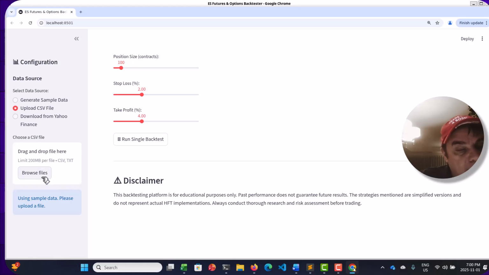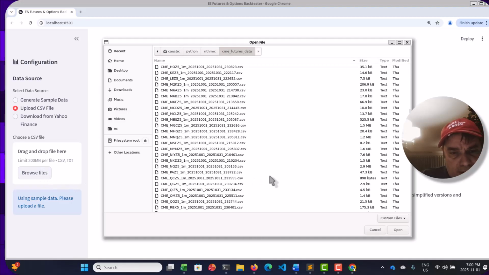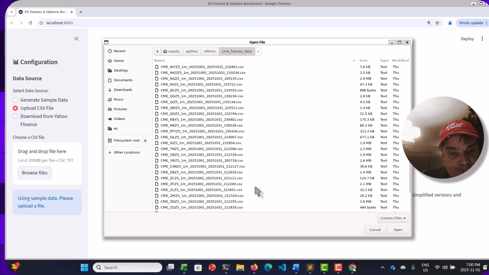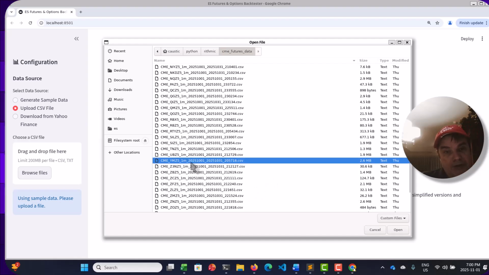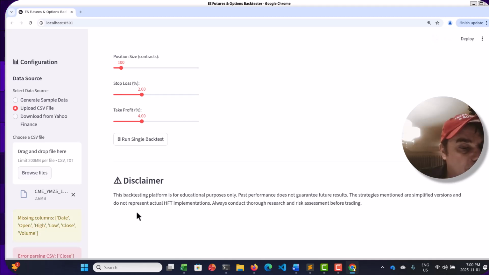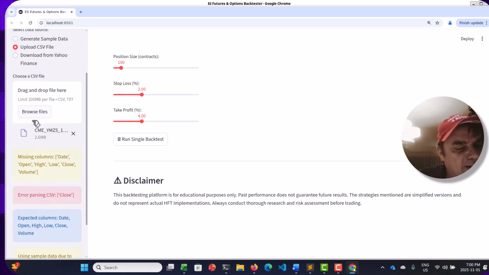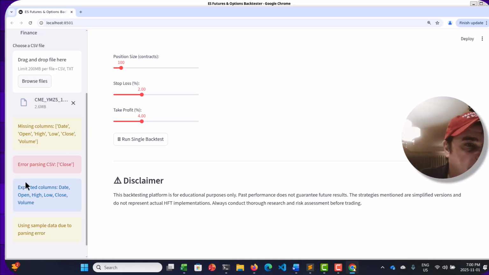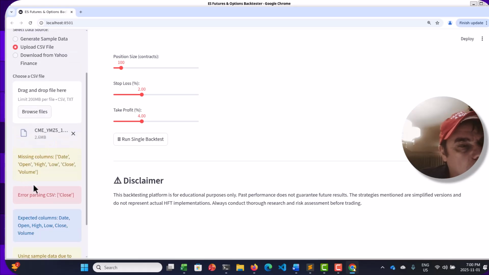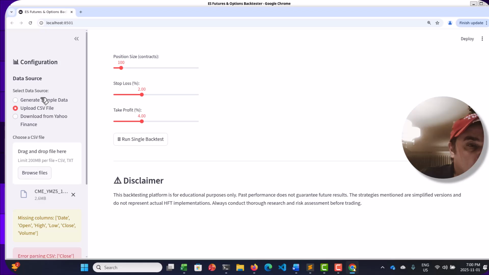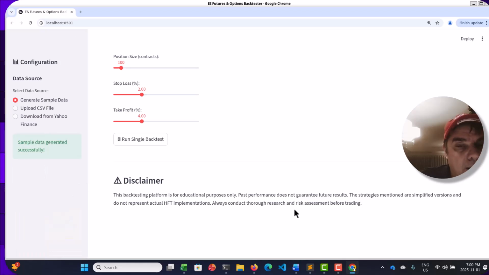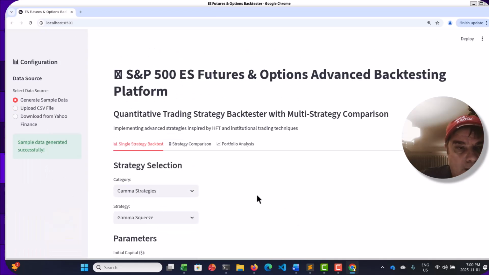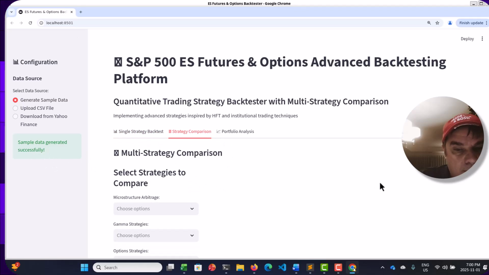So I'm going to try to load in. Hopefully this will work. It should. Let's see where they are. YM. Let's see if this works. Some of this needs to be updated because of the evolution of how these Streamlit apps were created. So I'm going to have to generate the sample data again. So we'll go with that. It's generating the data for us.